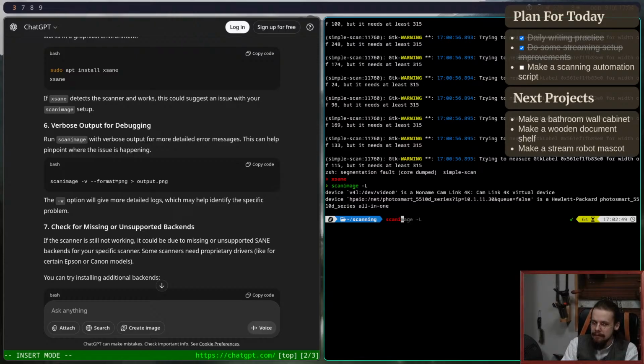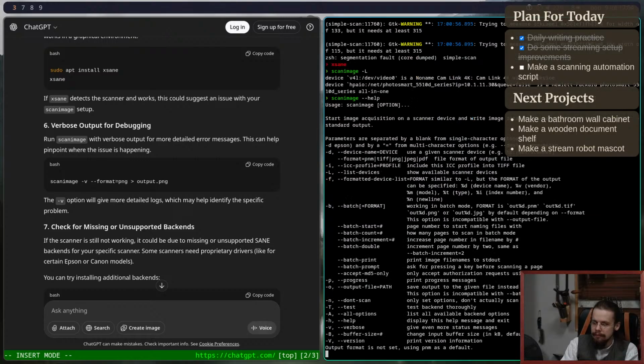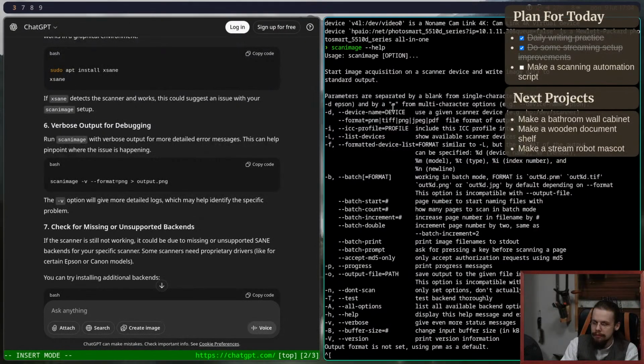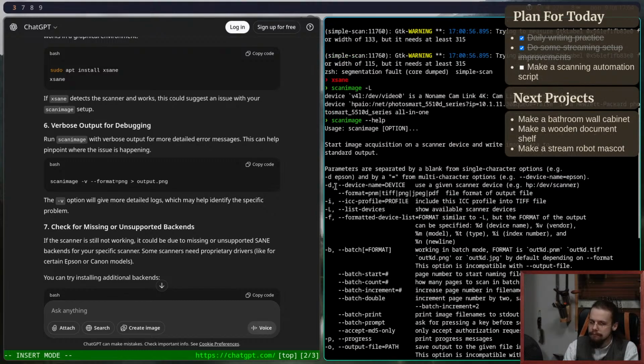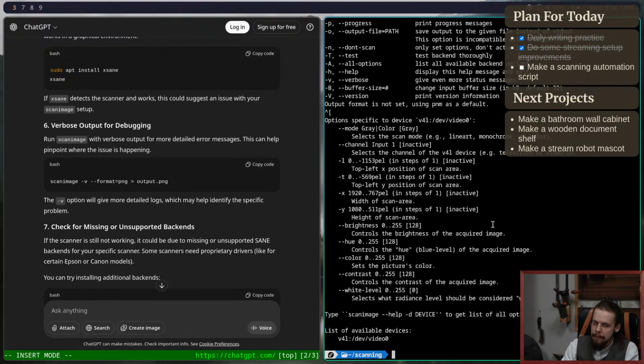Scan image, help. And the device use the Epson parameters separated by a blank single character option, multi-character device Epson, given scanner device. Okay, so